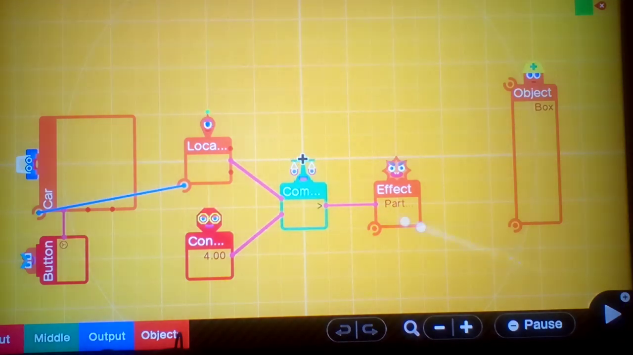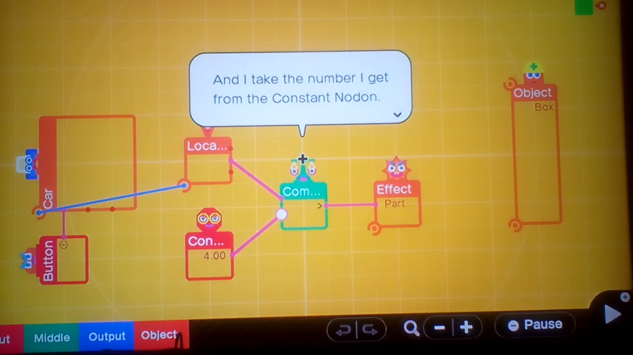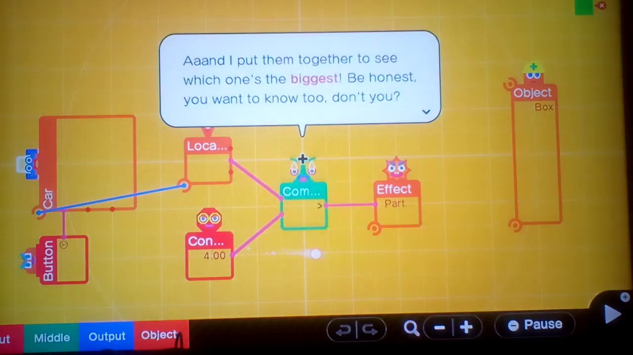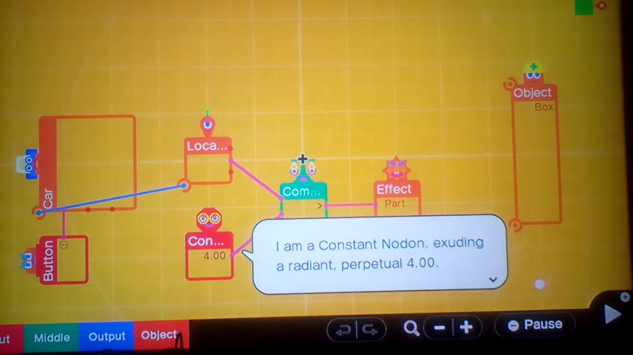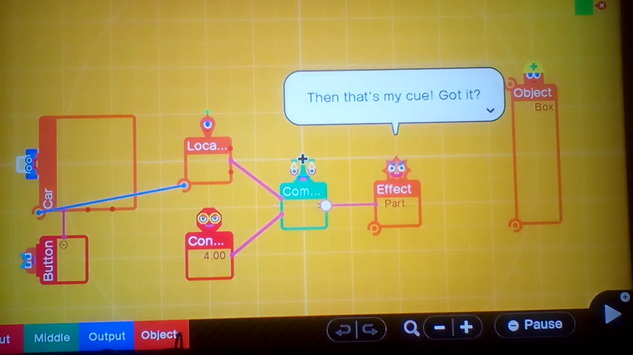I'm comparison nodon. I take the numbers output by a location sensor nodon, and I take the number I get from the constant nodon. And I put them together to see which one is the biggest. Be honest. You want to know too, don't you? I am constant nodon, exuding a radiant perpetual 4. And if the number of the location sensor output is greater than 4, which I am transmitting, then that's my cue. Got it? That is his cue,